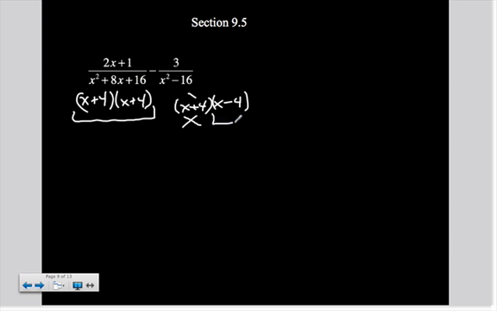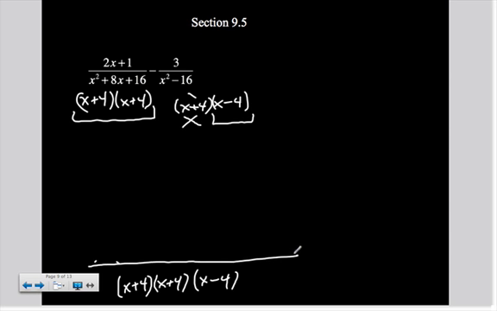But then I have x minus 4. This is a new factor. I'm going to have to use that. So my denominator is going to be x plus 4 times x plus 4 times x minus 4. And I'm writing it down here because that's what we need to create. Now I'm going to multiply each of these fractions by fractions that equal 1 to create this common denominator. So I'm going to take